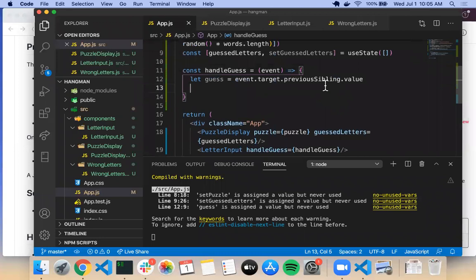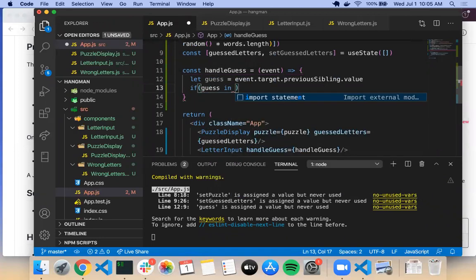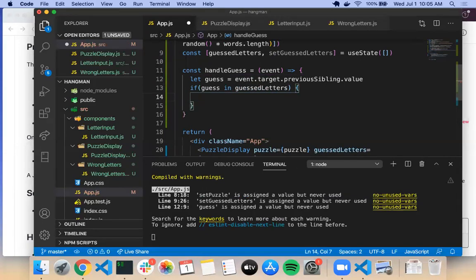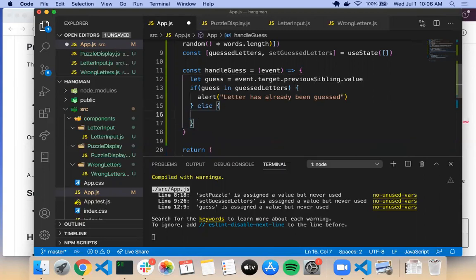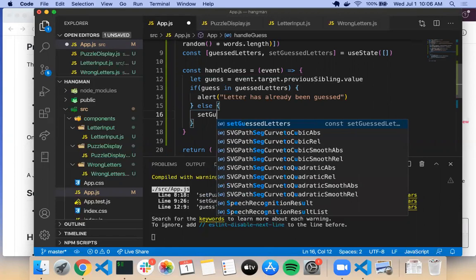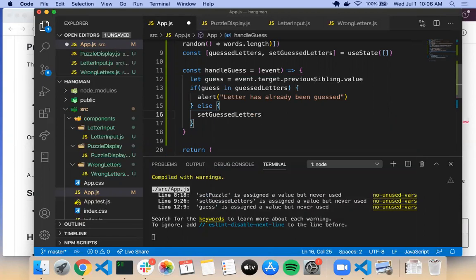So let's start by saying if guess is already in guessed letters, then we say alert, letter has already been guessed. Else, we want to set guessed letters to be,